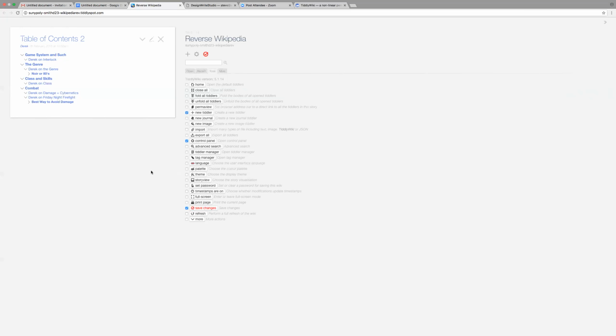So some of you might have noticed that you open your wiki and whatever tiddlers you left open or visible are what's showing now. Anybody notice that in their TiddlySpots? Mm-hmm. Why is that? So look at Control Panel,